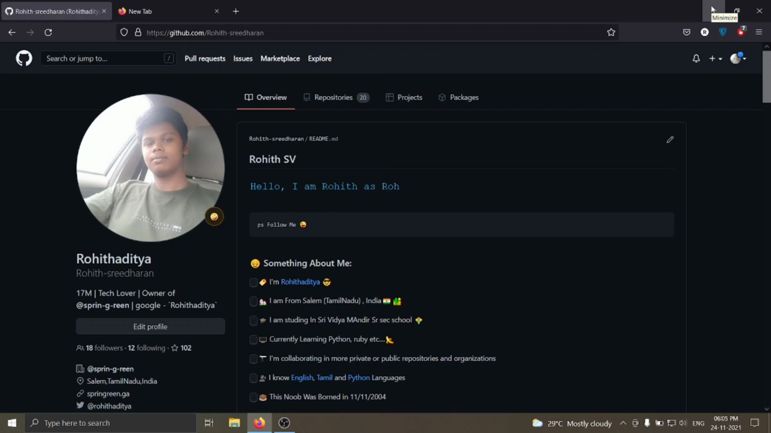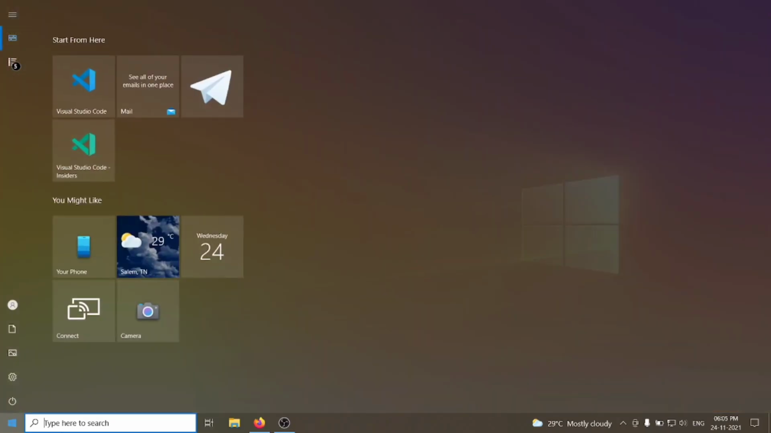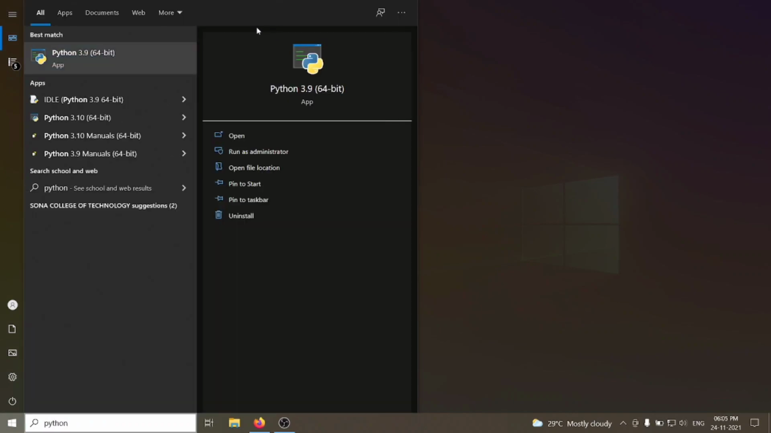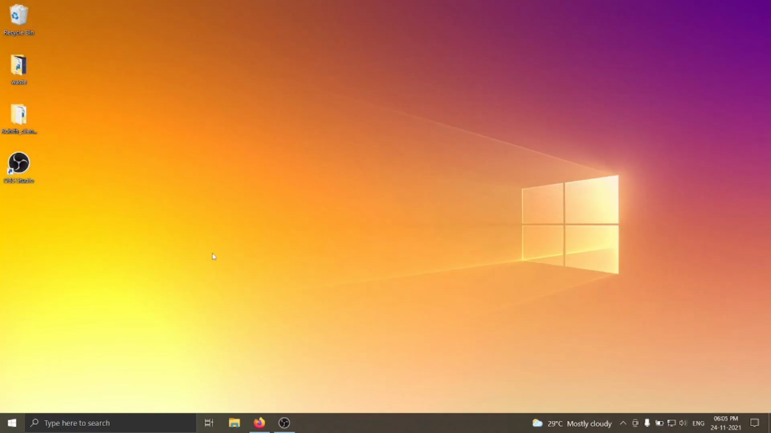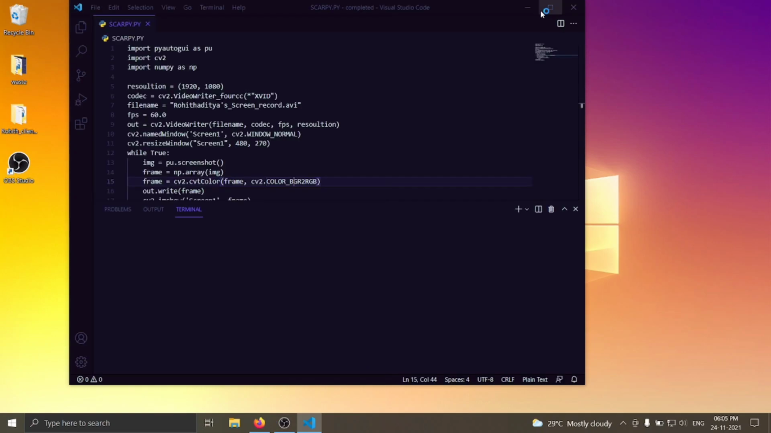So today we are going to develop a new OBS screen recorder simulate, not OBS, it's just a screen recorder with Python 3.9, because if you are using Python 3.10, OpenCV doesn't support it, so make sure to install Python 3.9. And today with Python 3.9 we are going to create it in 21 lines of code with me, Rohit Aditya. So just fire up your VS Code,